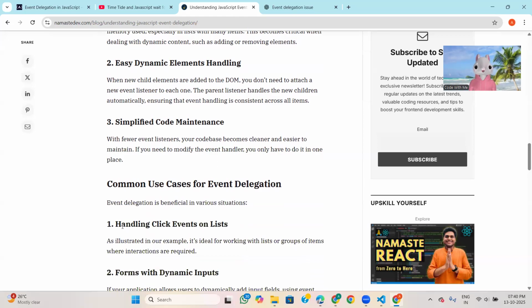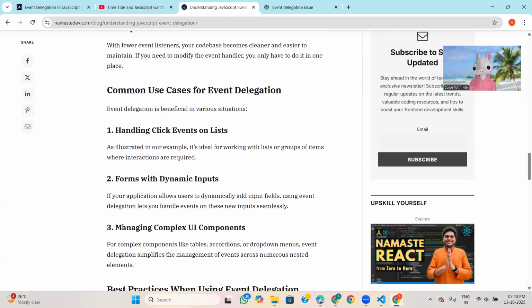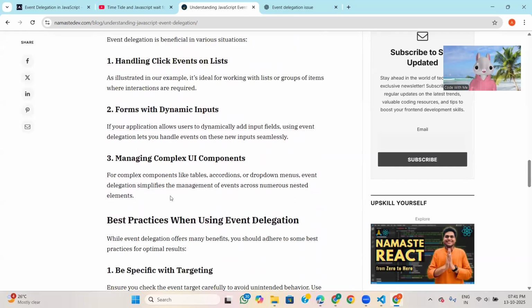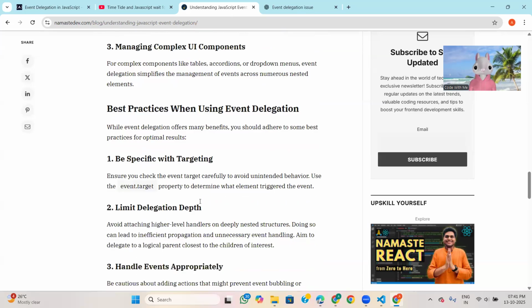Now come to the common uses of event delegation. We mostly use it when we have to perform click events. In forms with dynamic input it can also be applied: whenever our application allows users to dynamically add input fields, using event delegation you can handle events of new inputs seamlessly, and for managing complex UI also.